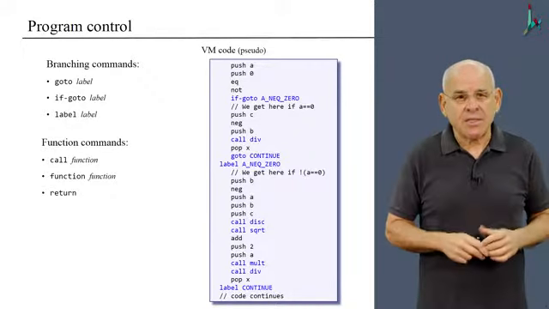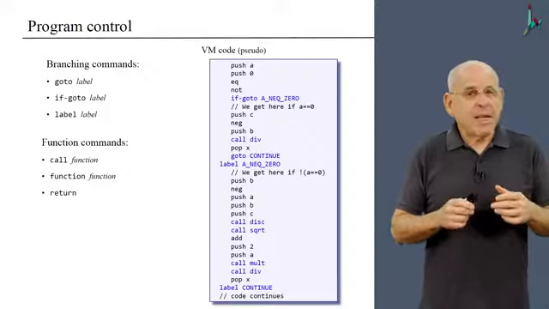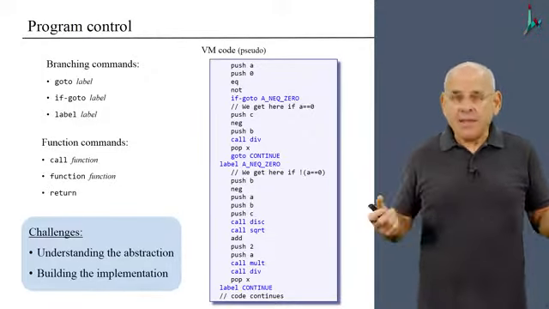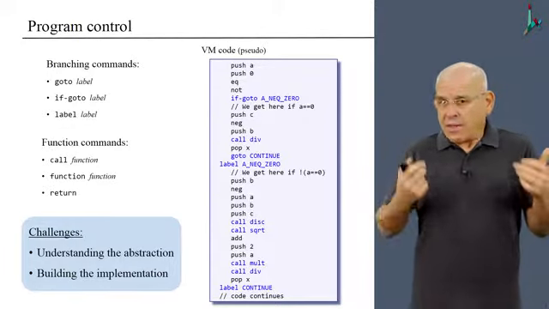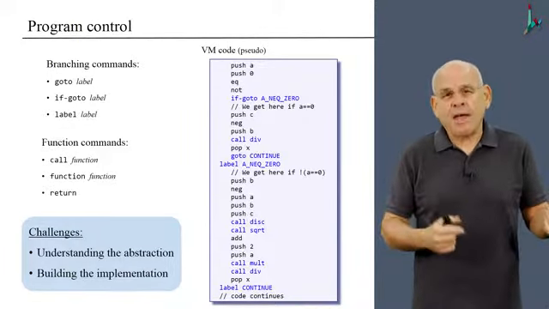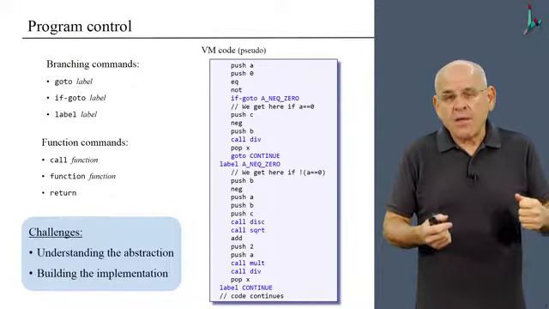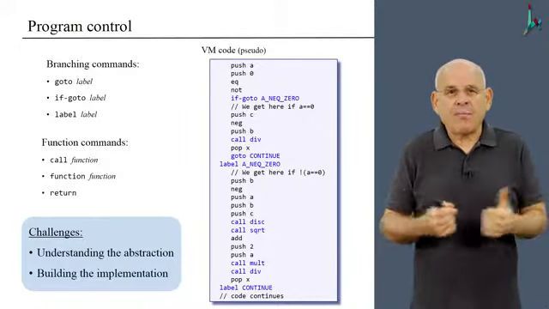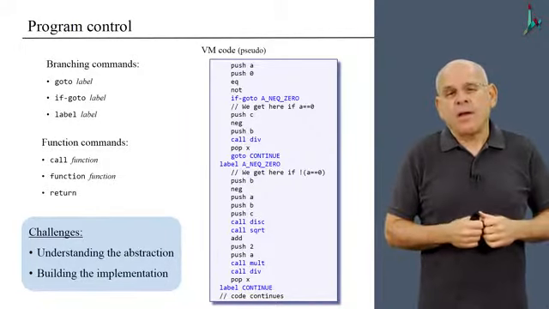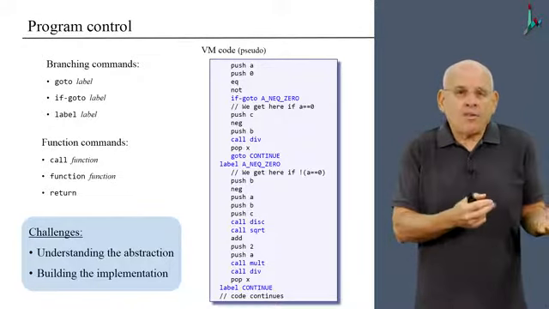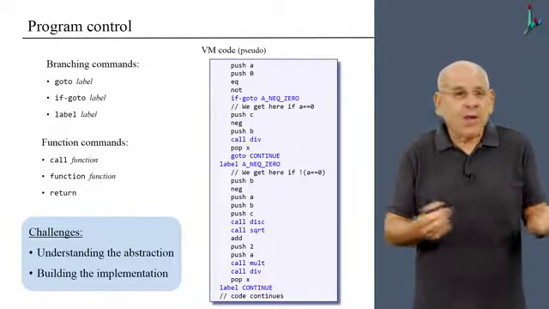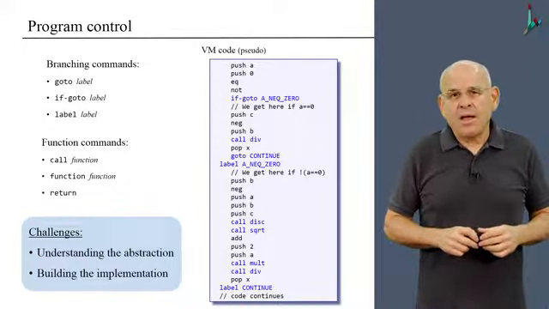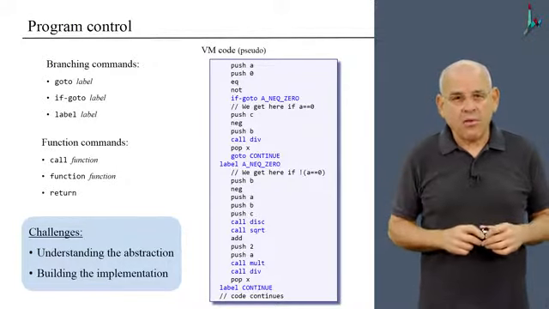We're going to discuss these commands, and we're going to discuss them from 2 different perspectives. One of them will be understanding the abstraction. That is, we have to understand how to do branching and function call and return within the VM language. This is something which is probably completely new to most of you, because we know how to do branching and function call and return in a language like Java or Python, but when we go down to the level of the virtual machine, there are other rules of how to do it,